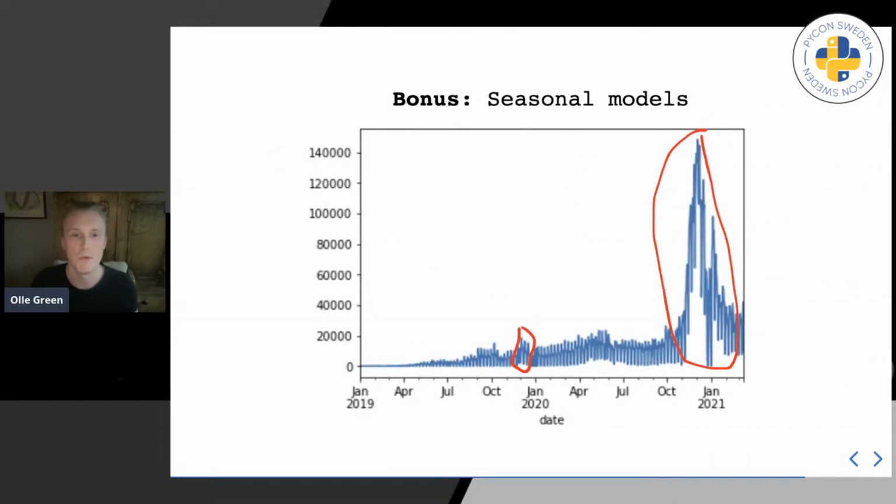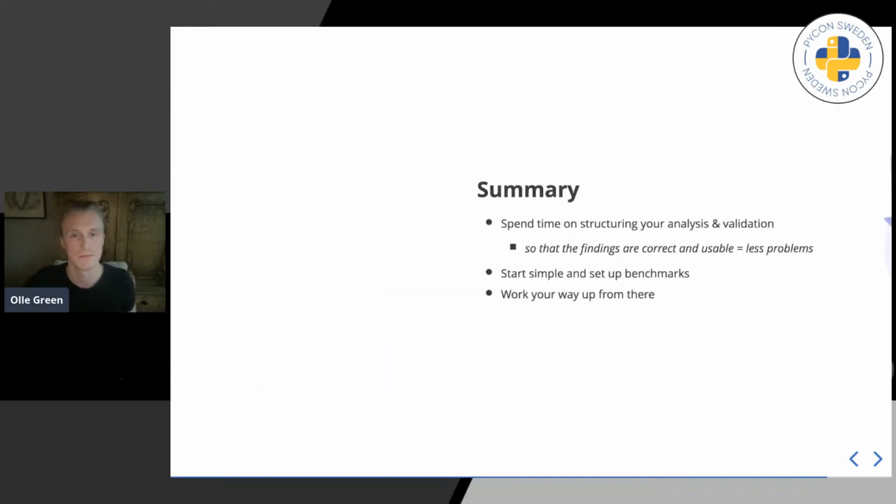Bonus, since we have maybe 1 minute left, it's also worth considering if you have something that is seasonally based. You don't have to have one model forever. You might have one during holiday season and one for the off season. For example, one model that works from January to maybe September, and then another for October to December. You don't have to force one algorithm onto all of this, especially if you do statistical modeling and not machine learning and deep learning models.